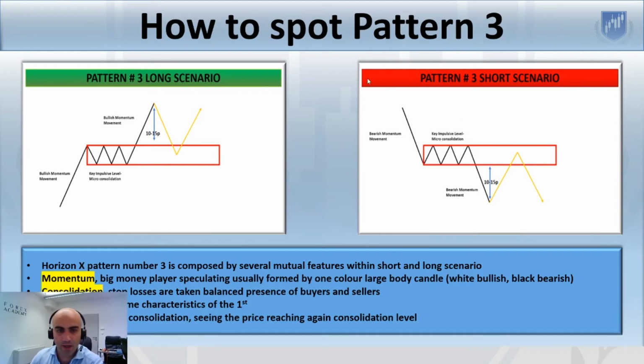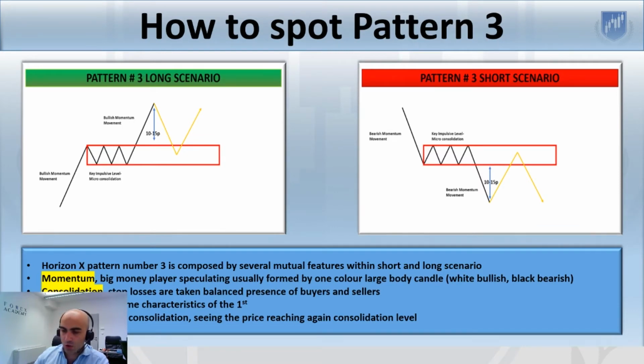A consolidation period, which is usually where all the stop losses are taken, so all the stop loss hunting, which is very much related within the forex market. Then a new momentum following the same direction as the first one, so same dynamicity and same big money players speculating. And then a pullback, which is coming back to retest the price at the consolidation period level to then either drop when it's a short, so on the right side, or go long when you follow the long